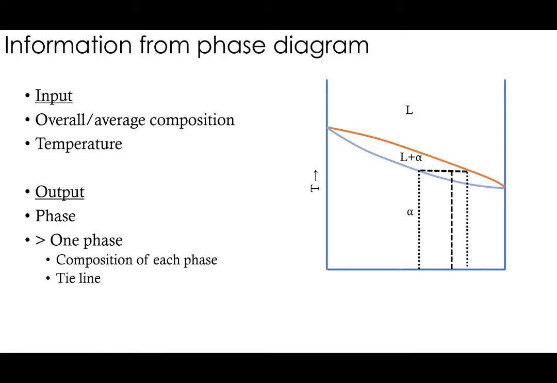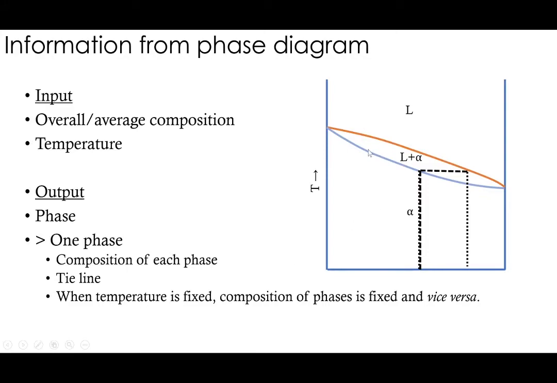Now instead of this overall composition, let's go for a slightly different overall composition. In this case, what will be the composition of each phase? Both for liquid and solid, these two lines are not changing. What does it mean? It means even if the overall composition changes within this range, the composition of each phase is not going to change. That's the meaning of it. For this entire composition range, there are only two fixed compositions for the individual phases which are in equilibrium.